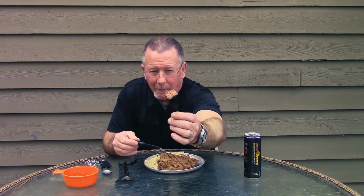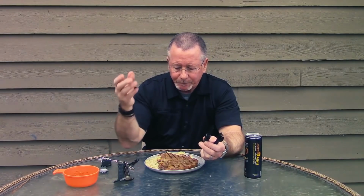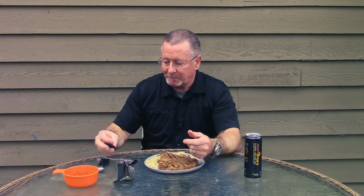Look at that, man. Would you look at it? Oh my goodness. I like this a lot, by the way. It's just handy to have a Spork with a little knife, a real knife, separate. Because that's the thing with a lot of Sporks, even the ones that have a serrated edge here, you gotta have something else to hold your meat down with to cut it. Usually it takes a fork to hold it and a knife to cut it. So even the Sporks with the serrated edges or the sharpened edges, you almost need two of them. So there's that one. Speaking of needing two of them,